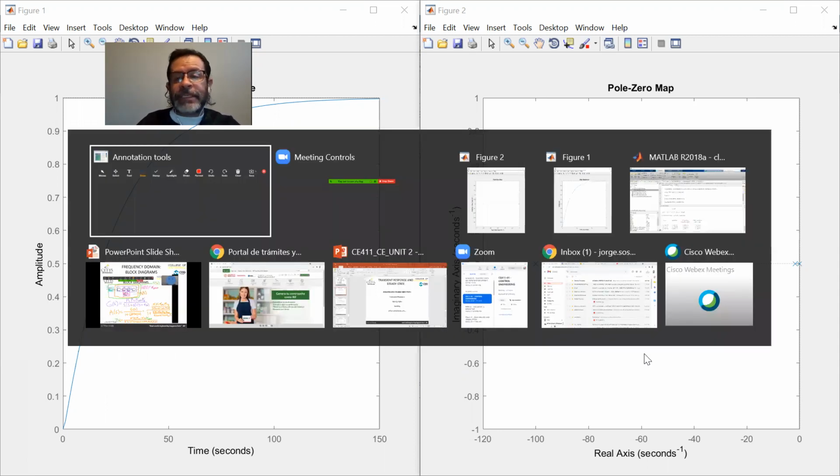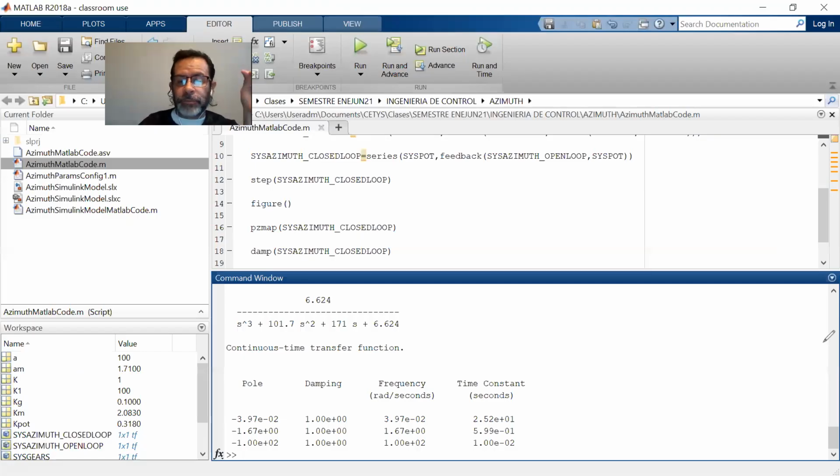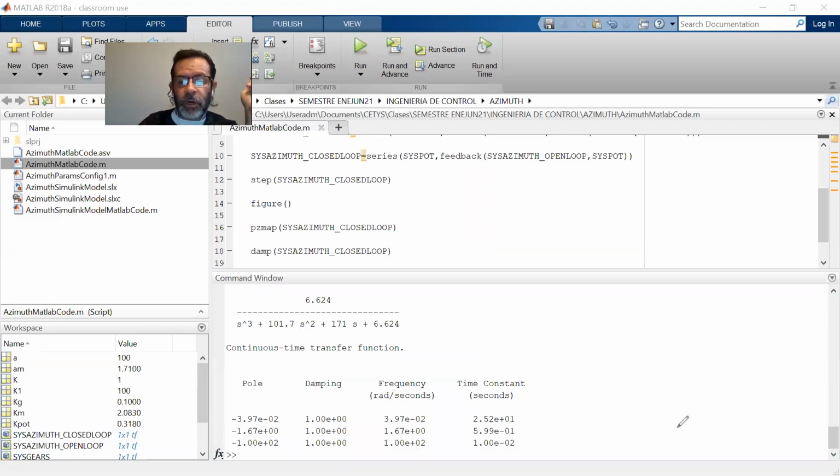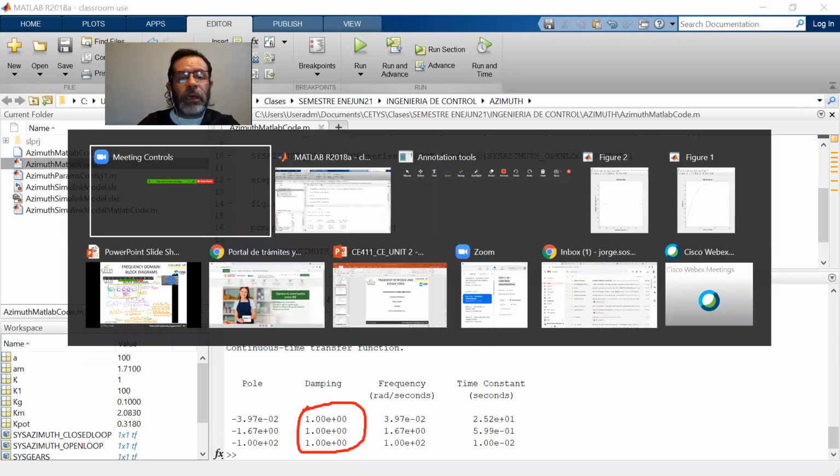Now let's look at the damping ratios, okay? And so if we go over here to Matlab and look at the damping ratio, notice that the damping ratio is very close to 1, okay? The damping is very close to 1. If we go over here to what we were talking about,